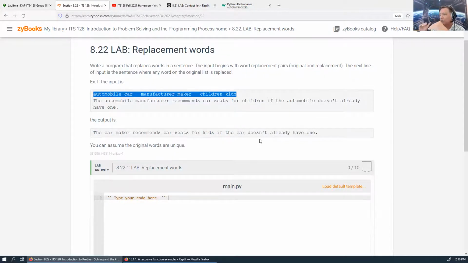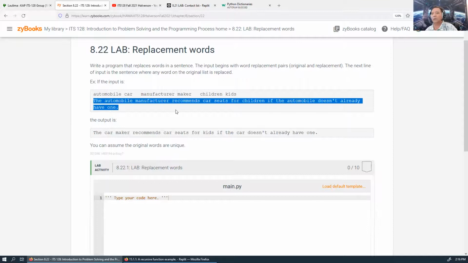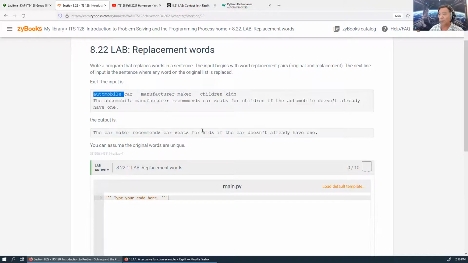And then once we read that in, we have our dictionary ready, then we're going to read in this whole sentence, and we're going to loop through one word at a time, and for each word, we're going to test to see if that word is in our dictionary. And if the word is in the dictionary as the key, then it's going to replace it with what the